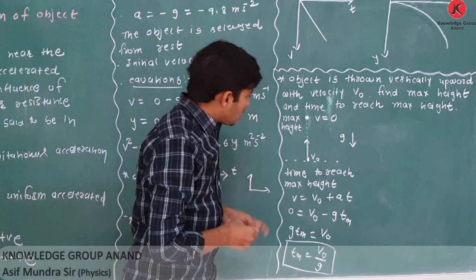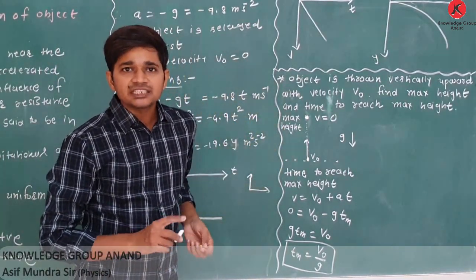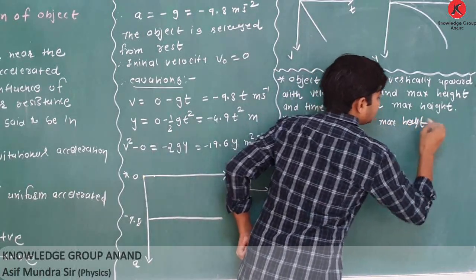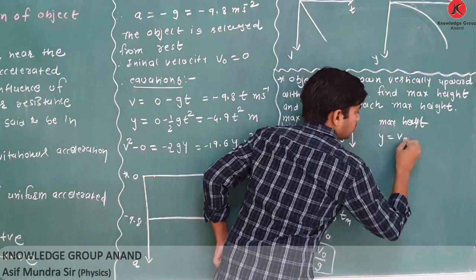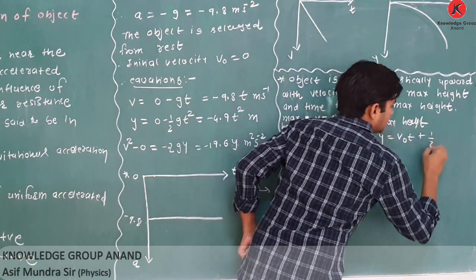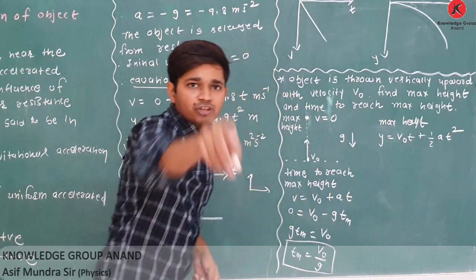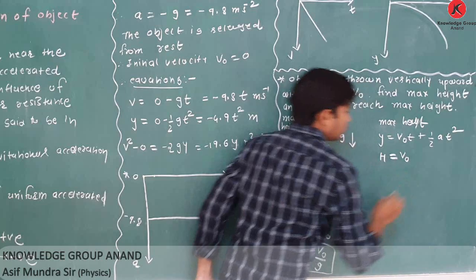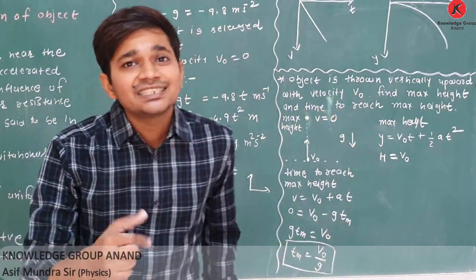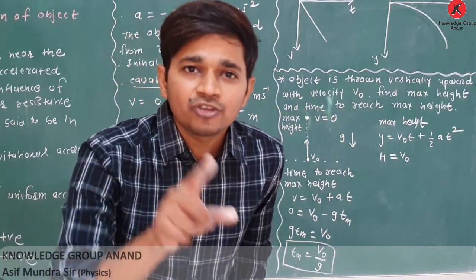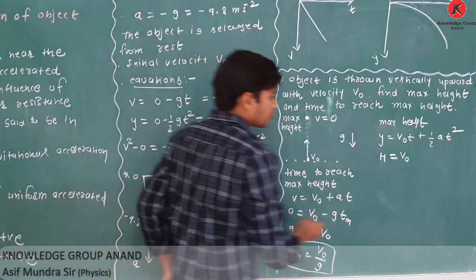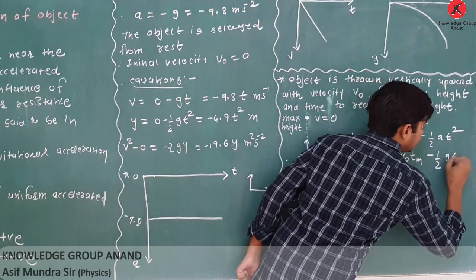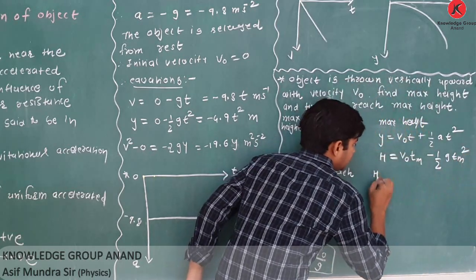Now the second question: what is the maximum height? See, how to find maximum height? y is equal to v0 t plus half a t square. How to simplify this? Maximum height is denoted by h. Maximum height is achieved when time is equal to the time to reach maximum height. So here I have to replace t by tm: h = v0 tm minus half g tm square. So h is equal to v0 times